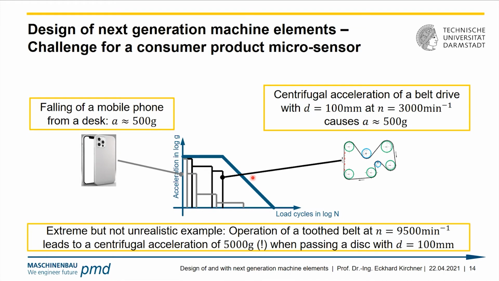An extreme but not unrealistic example is if you take the same belt, and now we have a speed of 9,500 RPM at our disk. We have a centrifugal acceleration of 5,000 G acting on that sensor component. This is probably not yet the limit, but it shows that we have to expect extreme